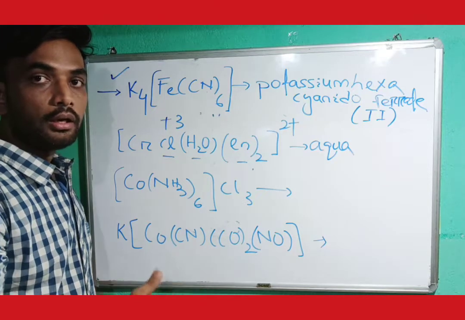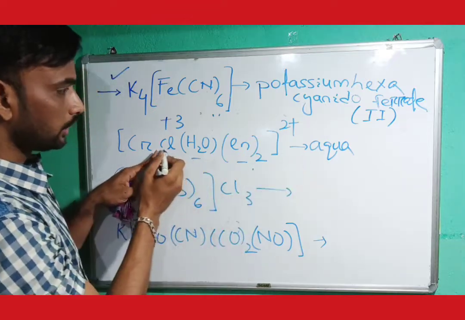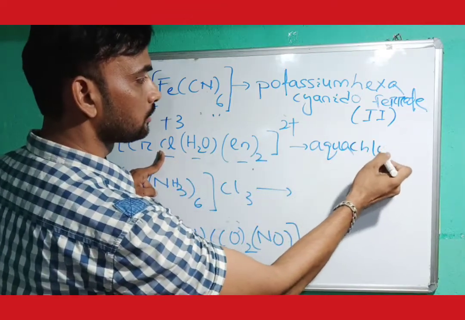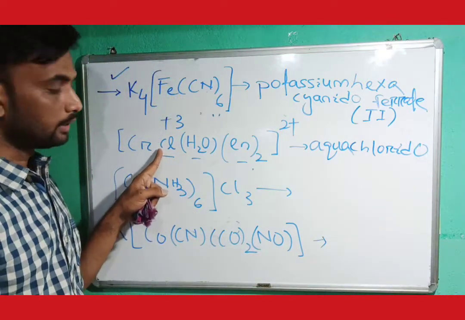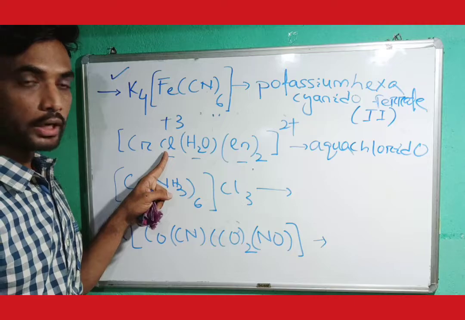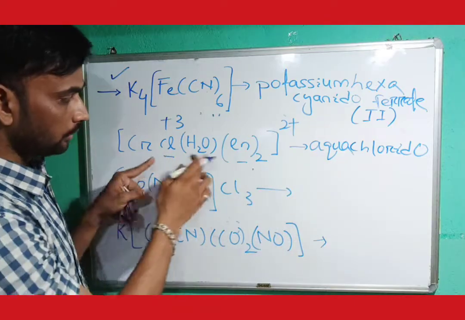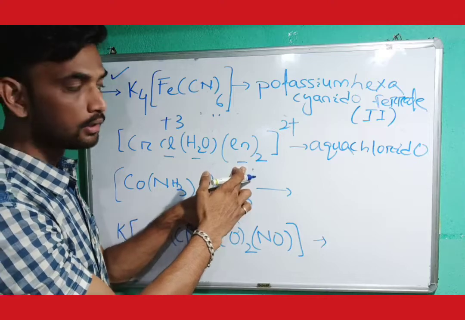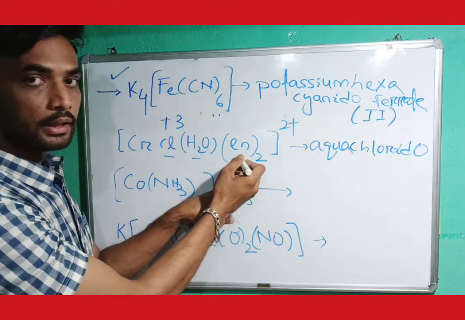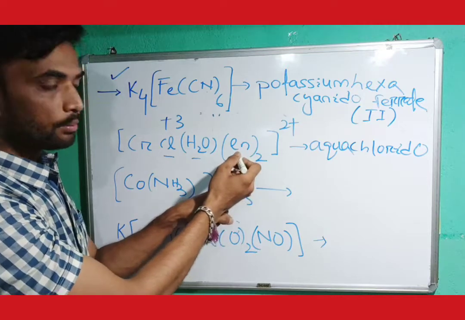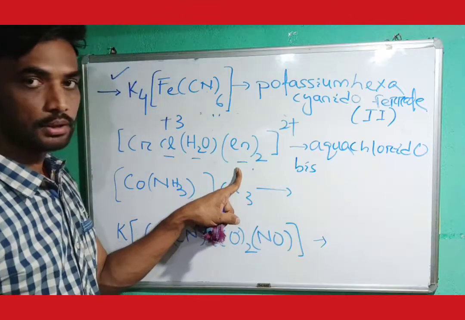The names of the respective ligands and the charges of the ligands are already mentioned in the reference books. You can read it carefully. Then aqua, then you have to write chlorido. Chloride is written as chlorido, or you can also write it as chloro: aqua, chloro. Then there is a bidentate ligand, so you can give some space. There are 2 bidentate ligands. Already told, for polydentate ligands, the 2 is termed as bis.